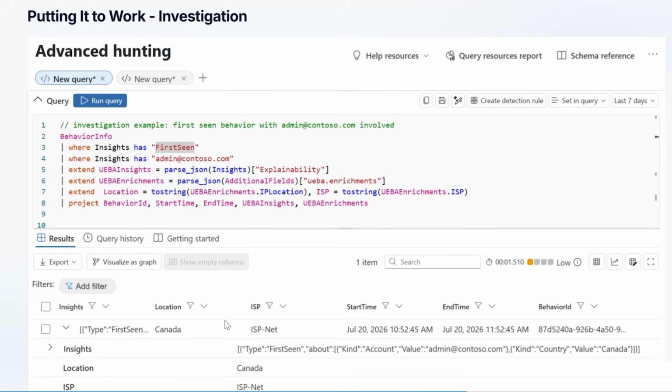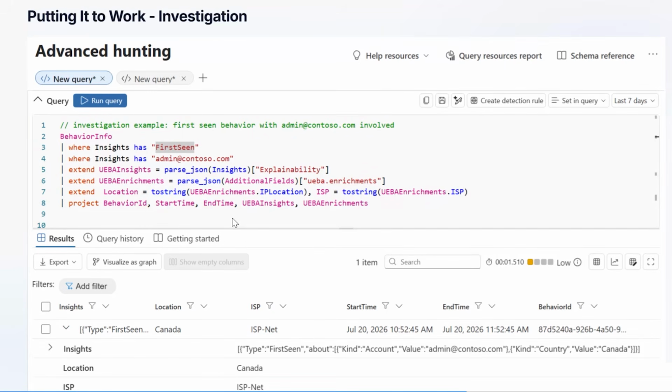So this is the new schema that we refer to. And we have the insights column. And this is the column that I was talking about, containing all the relevant information of what is anomalous and why. And you can see that this insight column is structured. It has all the relevant information, and the purpose behind it is that the human reader and also agentic workflow will have everything they need to both investigate and to perform automatic detections on top of that. So in this case, you can see that it's first seen, and you have all the entities involved as part of this insight. Additionally, we have enrichments such as the geolocation and the ISP.